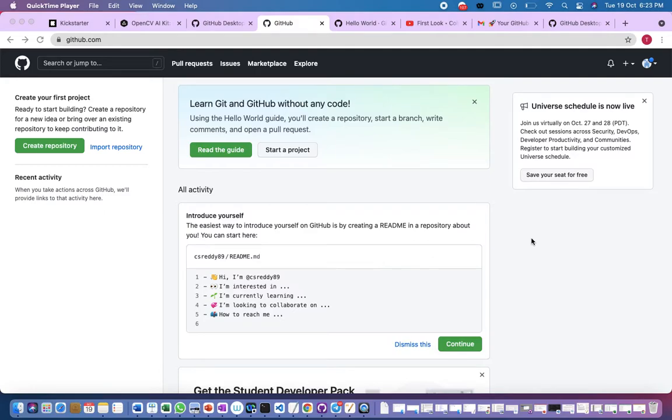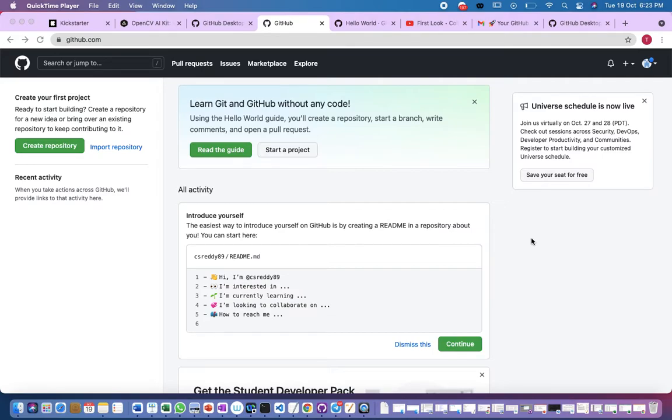In this video we will be discussing GitHub. GitHub is a repository hosting service where we can write and develop different software in a collaborative manner. It also has the features of version control of our code. So in this video we will try to introduce the basic features of GitHub.